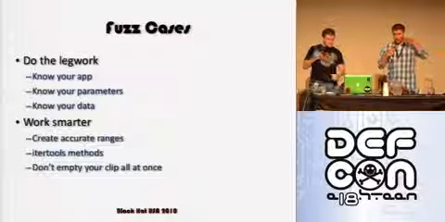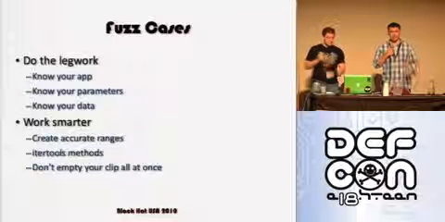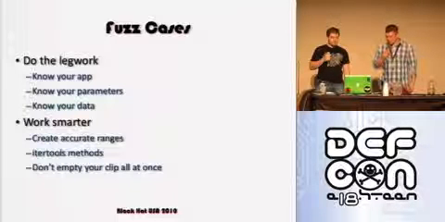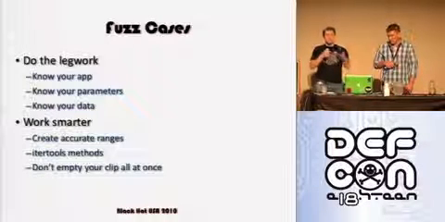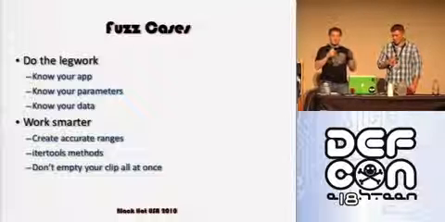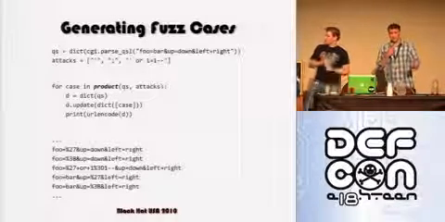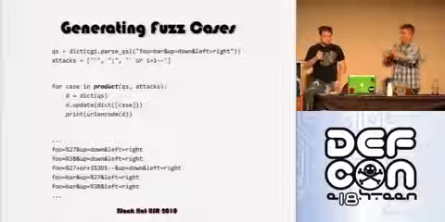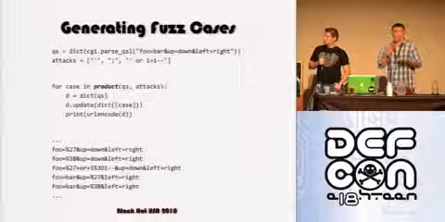When you're actually throwing stuff at the app, don't throw everything you've got at once. You're never going to be able to explore all the code paths if every parameter is just junk. If you have a string of POST data that you're testing, you want to iterate through it one by one, and not throw every single thing at every single variable every time. An example of this is the product method from the itertools module. It creates a Cartesian product of two iterables or two lists against each other, so our output is fuzzing one parameter at a time per attack string, so that we could